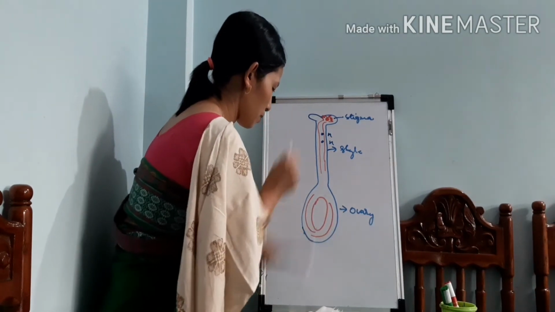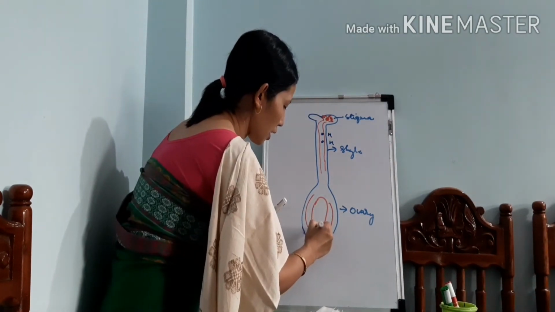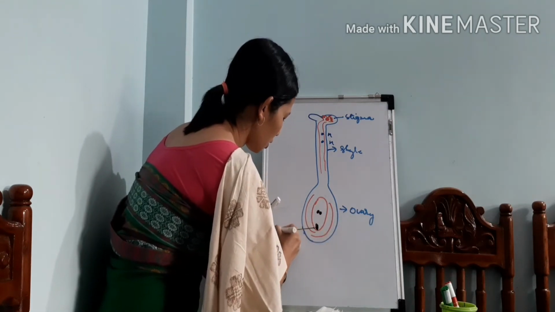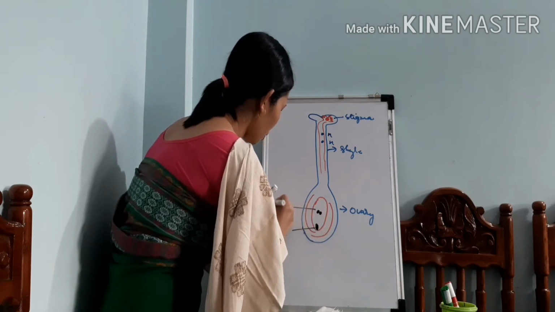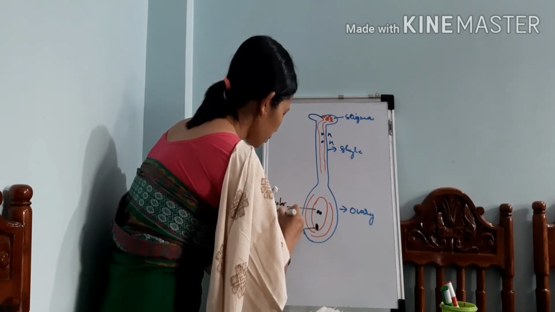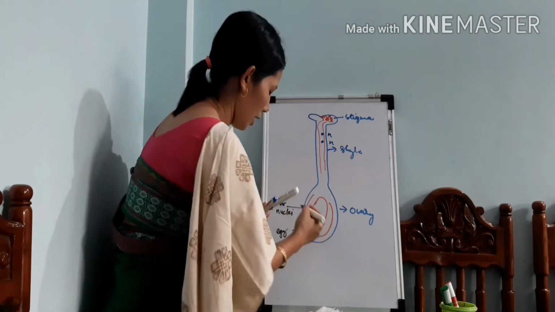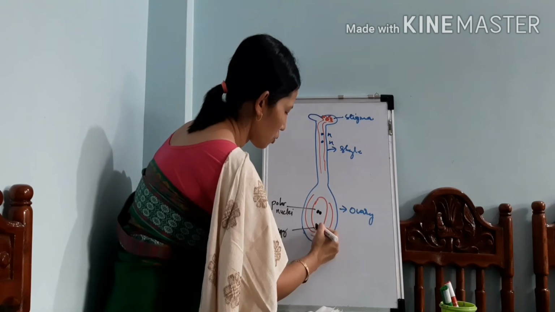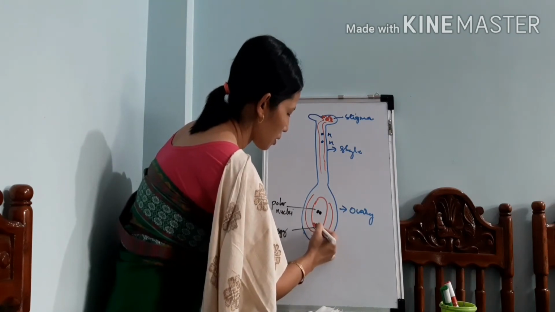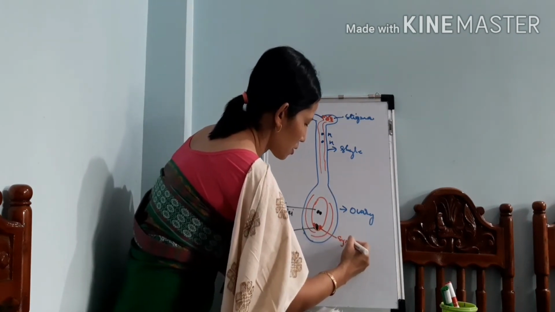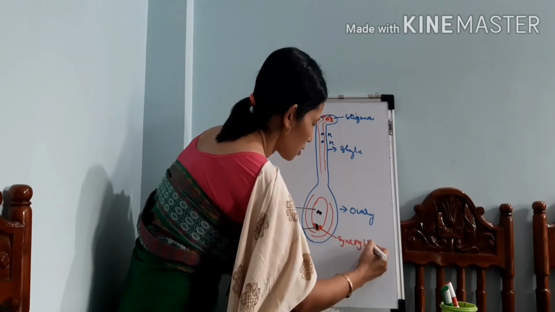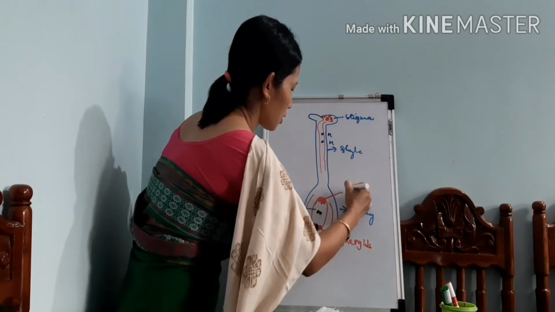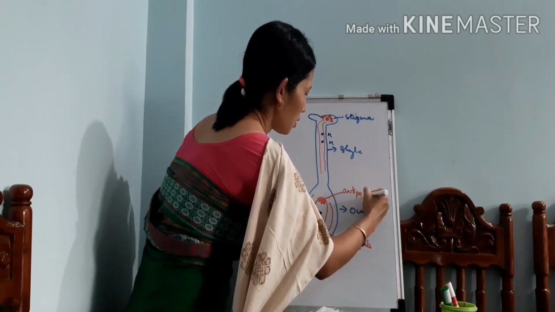Let me show this with black color. So it contains an egg, two polar nuclei, right? So this is an egg, this is polar nuclei, and there are other structures, that is two synergids. These are synergids, and three antipodal cells. These are antipodal cells,